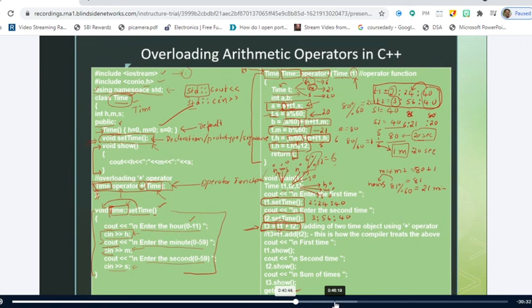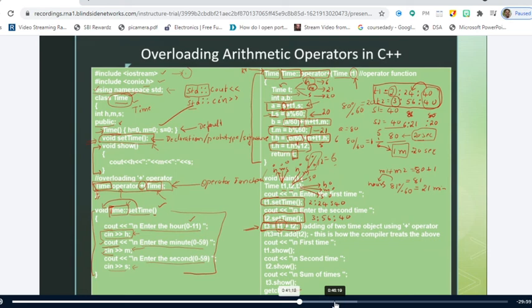So how it is going to work: as I told you, since you are defining the function as the member function, in how many ways can you define the operator function? Three ways. Either you can define it as the member function, or the non-member function, or the friend function. Yesterday we have discussed. So when you define the operator function as the member function, the left operand is the object itself. So here T1 is the left operand. Is it right or not? T2 is the right operand.